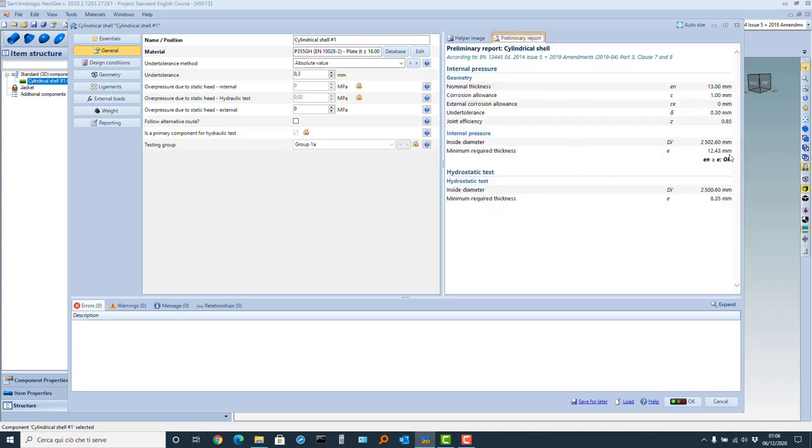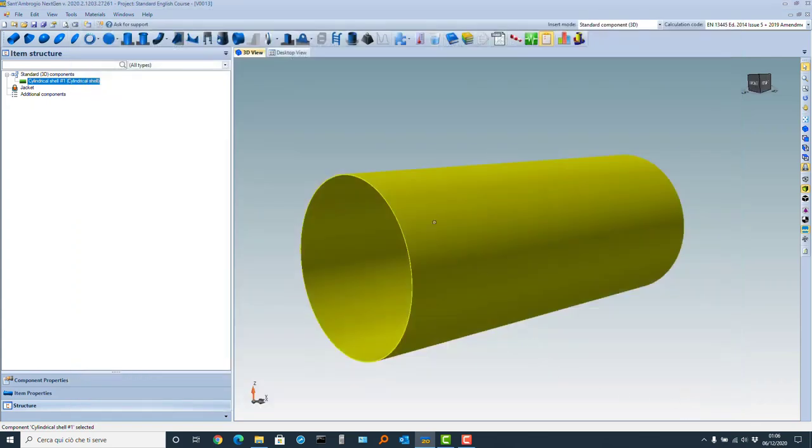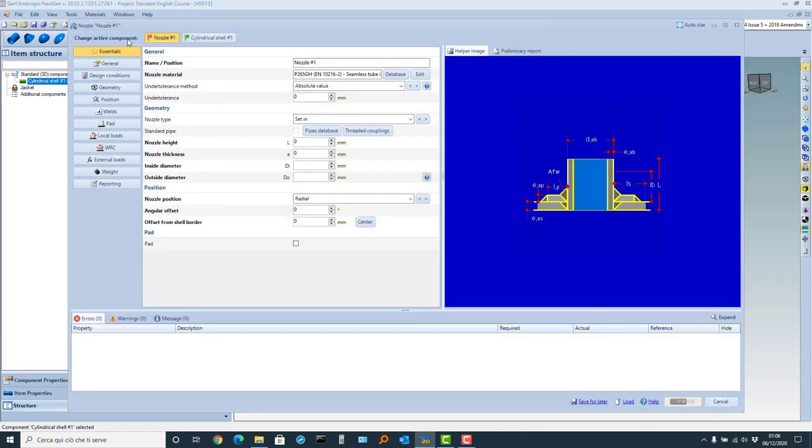The preliminary report says the minimum required thickness is 12.43, and in fact, in the geometry, we have used 13 millimeters. Note the difference with the ASME vessel. The ASME vessel had a thickness of 18 millimeters, much more than 13. Diameter is always the same, the length is always the same. So we say OK, and now we want to add a nozzle,